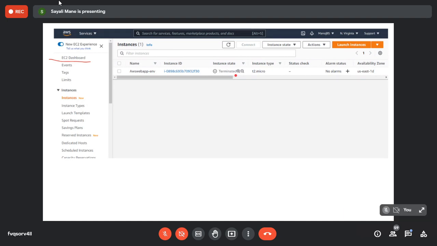Okay, so there are two ways to recheck it. And if you want to restore it, suppose you want to work on the same application, then you can click on the AWS app here, select it, go to the instance state, and then restore it or start it. Understood? Again, I'm telling you, please don't forget to terminate the respective environment, no matter how busy you are, otherwise it will simply charge you.